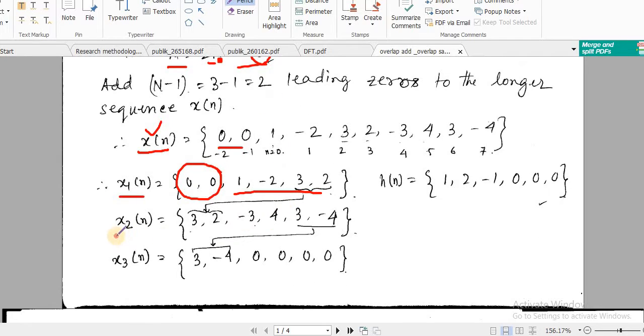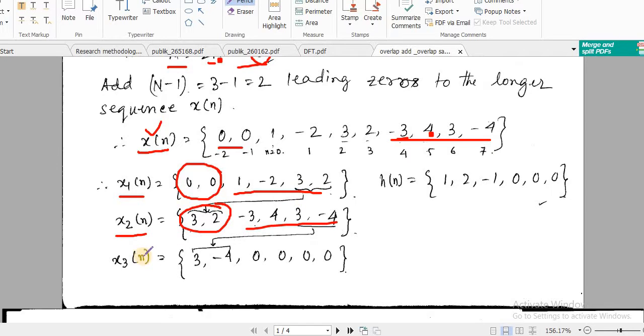Now how to create x2 of n? I take the previous 4 samples from x of n, that is minus 3, 4, 3, minus 4, and I add 2 samples from the previous data. This is the method of overlap save.